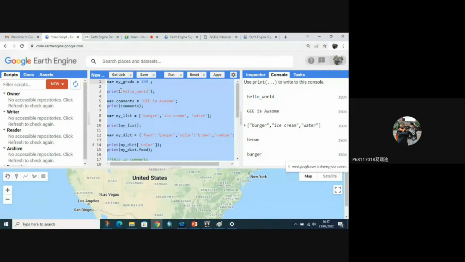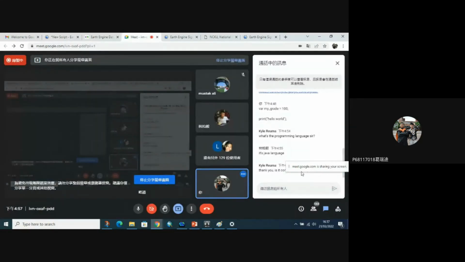There is a question about compatibility with Python or C++. Is it compatible with Python or C++? I can say that yes. Several researchers already use the GEE platform and combine it with Python, but I don't think so with C++.